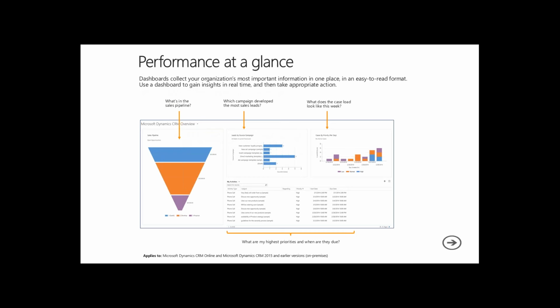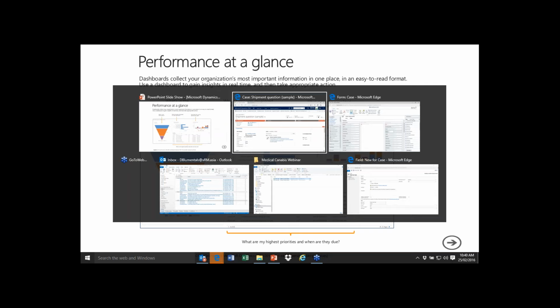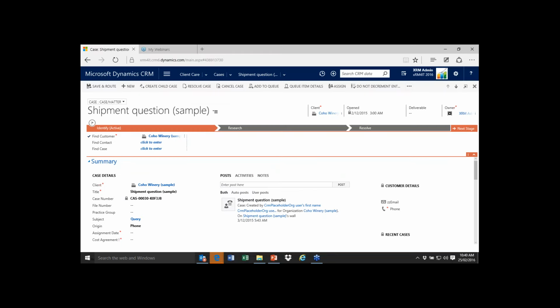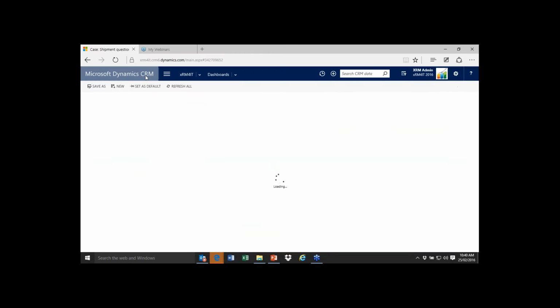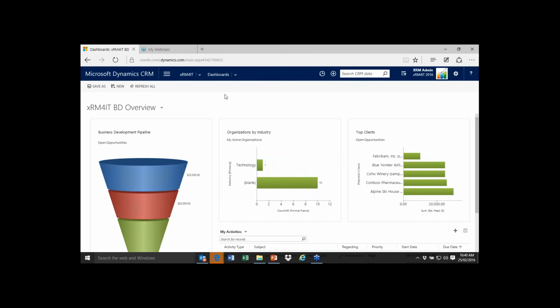And here on this particular slide we talk about dashboards, how we're able to collect important information in one place, make it easy to view and read, and of course be in a position to get insights real time and take appropriate actions. So again, if I change my view back here and we come back to perhaps our Microsoft CRM homepage, which I've set as one of our BD overview